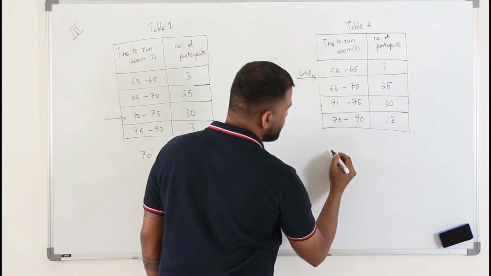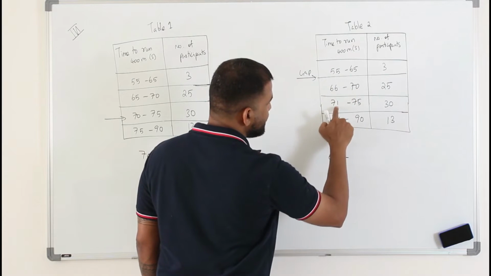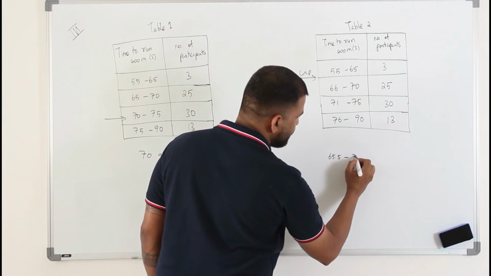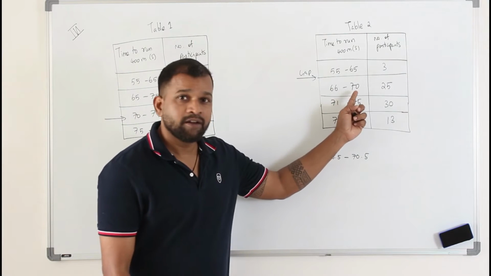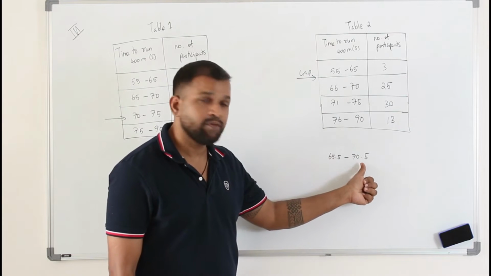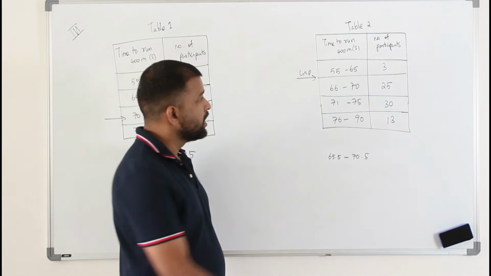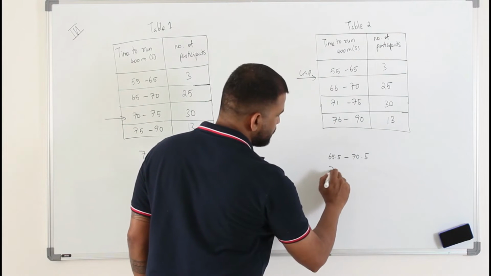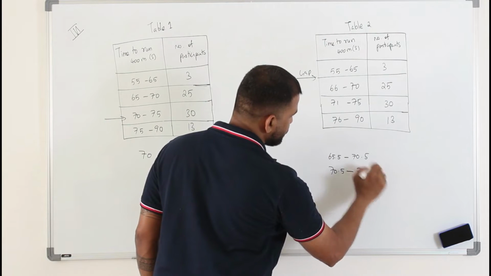So for this one, it's going to be 65.5, 70 and 71, find the average, 70.5. So for this class interval, the class boundaries are 65.5 and 70.5. If you write 66 and 70, that's wrong. And for this one, it's going to be 70.5, 75.5. And here,